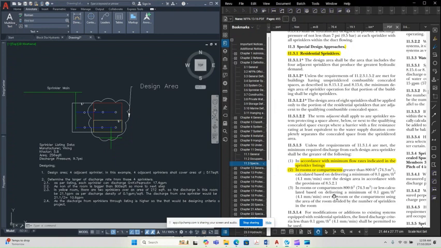So the first thing you will do is go to clause 11.3.1, which says that the design area shall be the area that includes the four adjacent sprinklers that produce the greatest hydraulic demand. Let's suppose this is a building I'm talking about, maybe a 5 or 6 story building, and the apartment on one side of the building which is hydraulically most disadvantaged